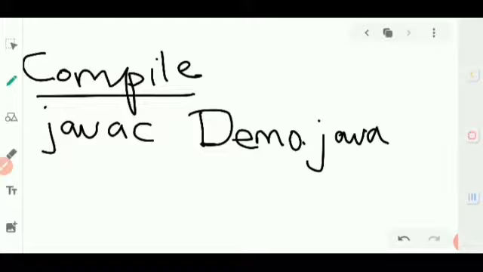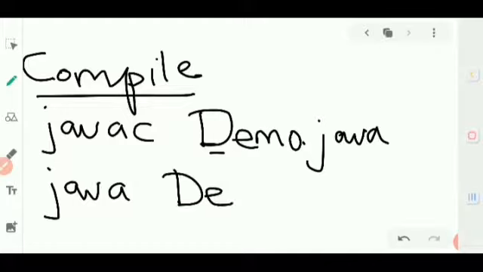So here what happened is your Java program will be converted to a class file. If no mistake is there, your demo.java program will be converted to demo.class. Now we will execute the program. To execute a program, you give java space demo. So according to our previous example, hi will be displayed as an output.